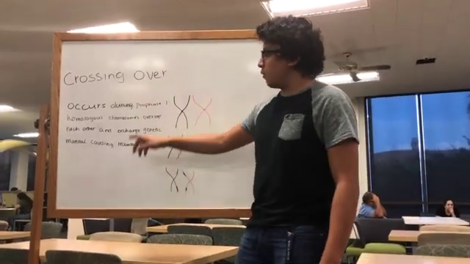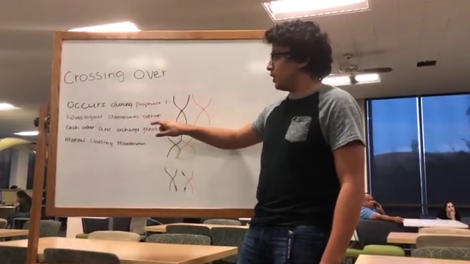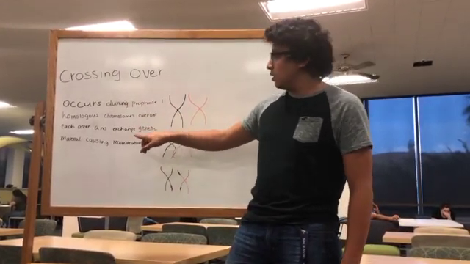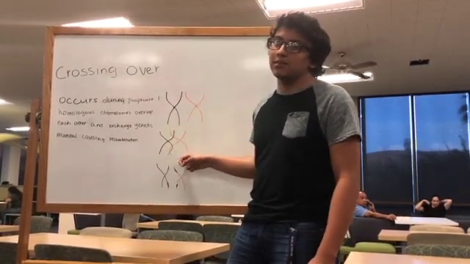Our last one is crossing over, and it occurs during prophase when homologous chromosomes overlap each other and exchange genetic material, causing recombination, and it usually only happens with the X